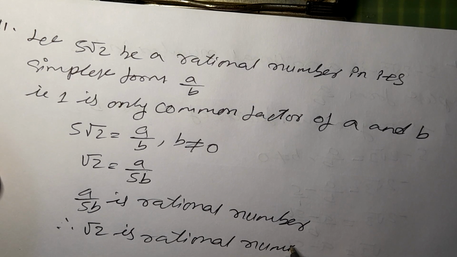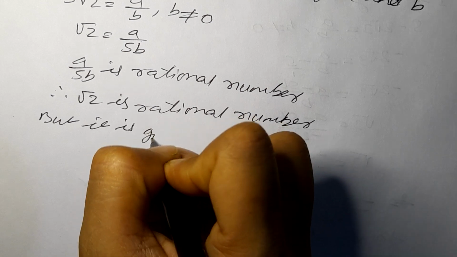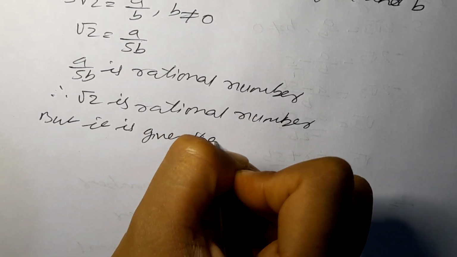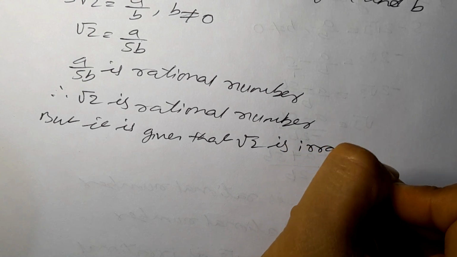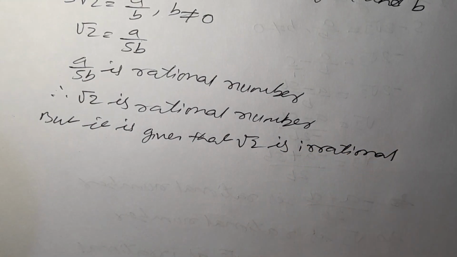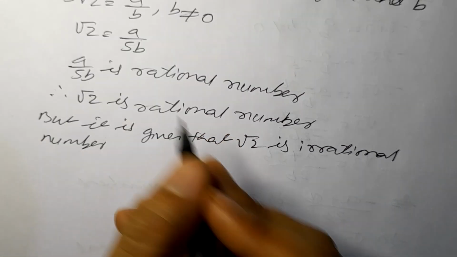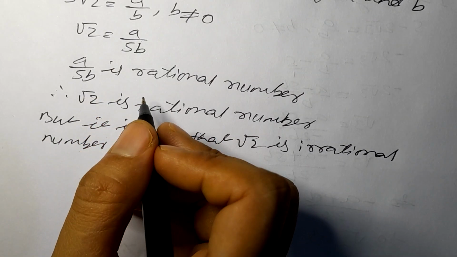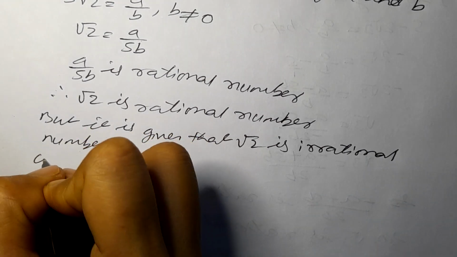But it is given that root 2 is an irrational number. We got root 2 rational, but it is given that root 2 is irrational, so it contradicts our assumption